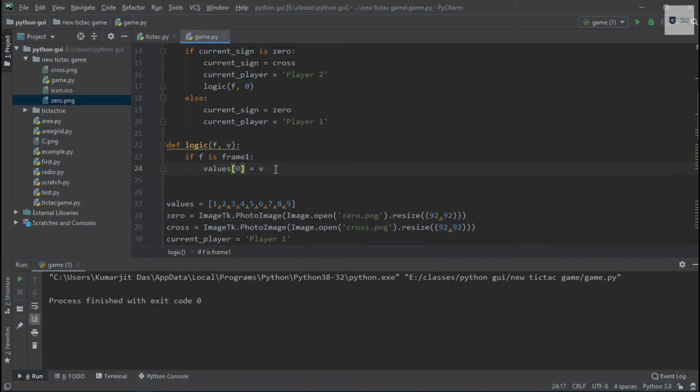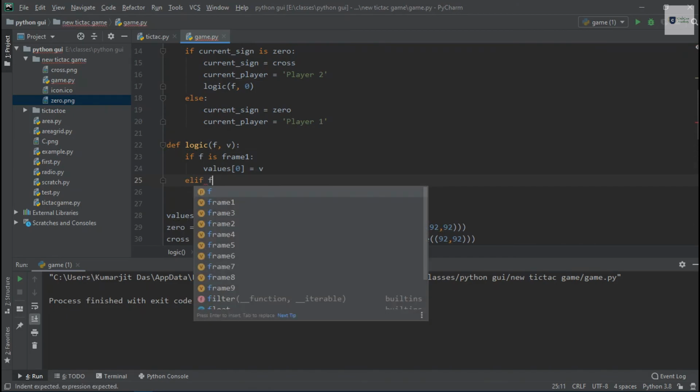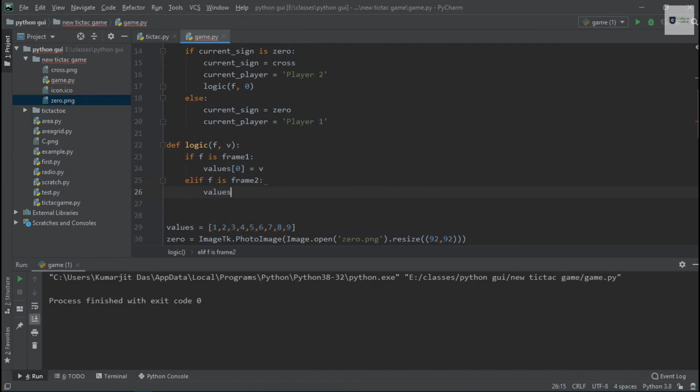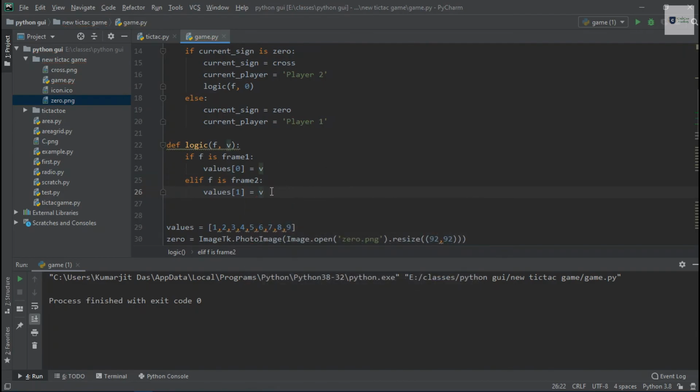The adjacent cells can be in vertical order, in horizontal order, or they can be adjacent diagonally. And then if this is frame 2, then values 1 will be v, and so on.